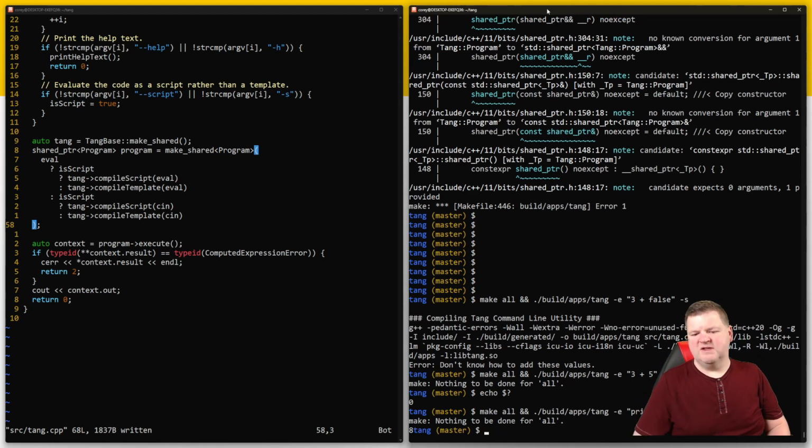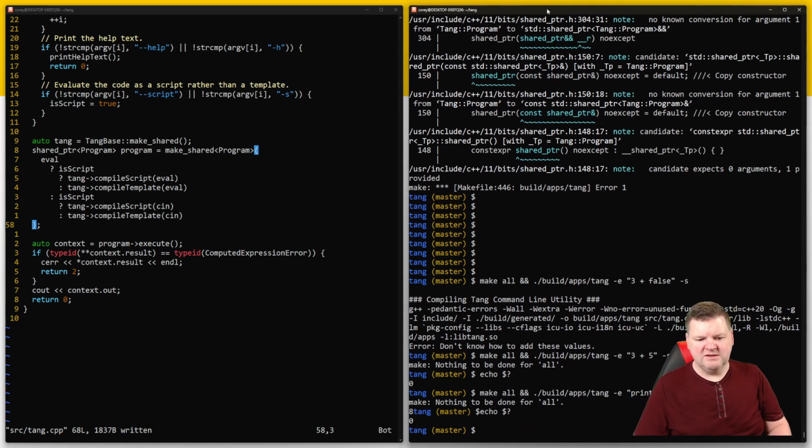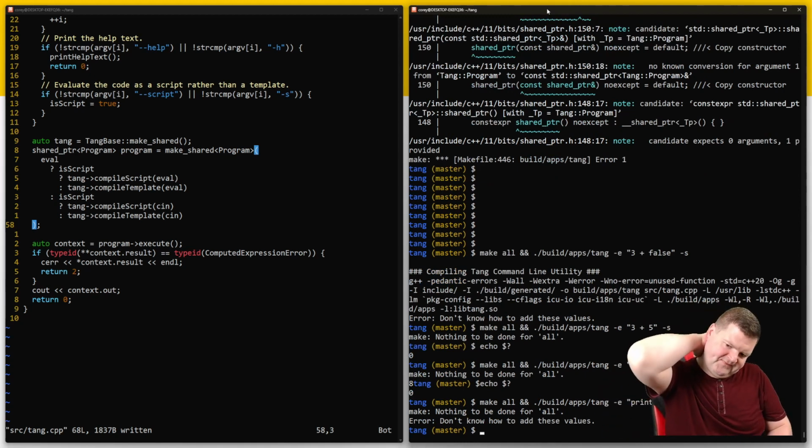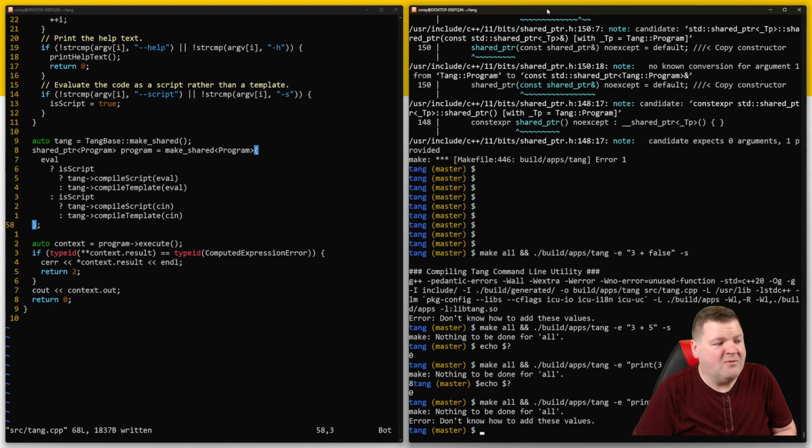Print 3 plus 5. It prints out an 8, and there was no problem. Okay, and then 3 plus... don't know how to add these values. Okay, so it propagates up. I didn't remember if I'd written that. But what does this give us now? A couple things. First of all, we now have a very, very compact